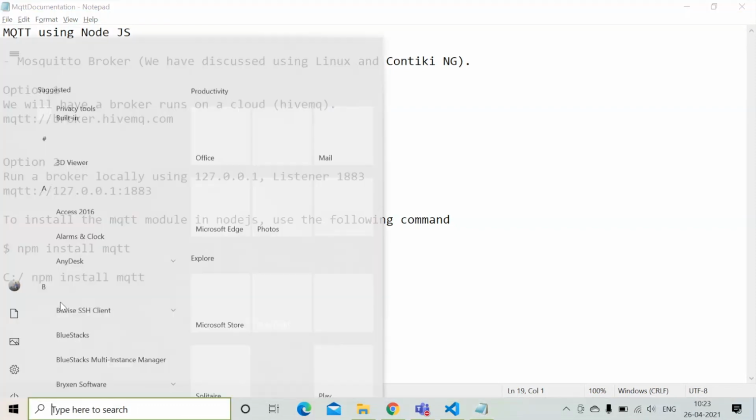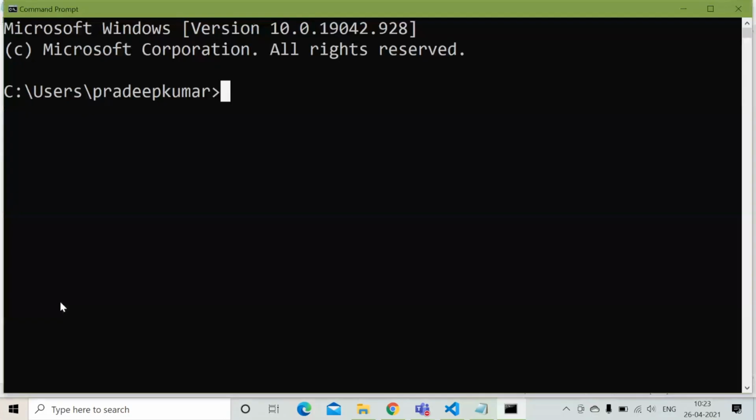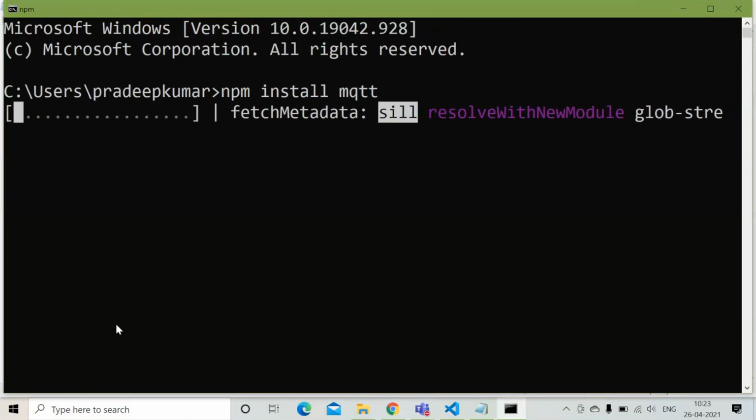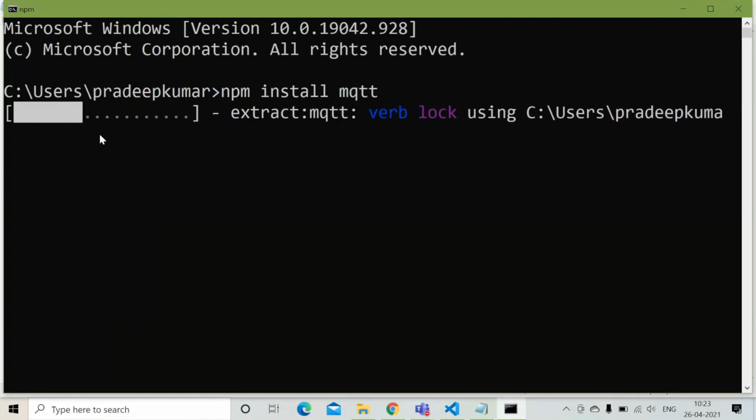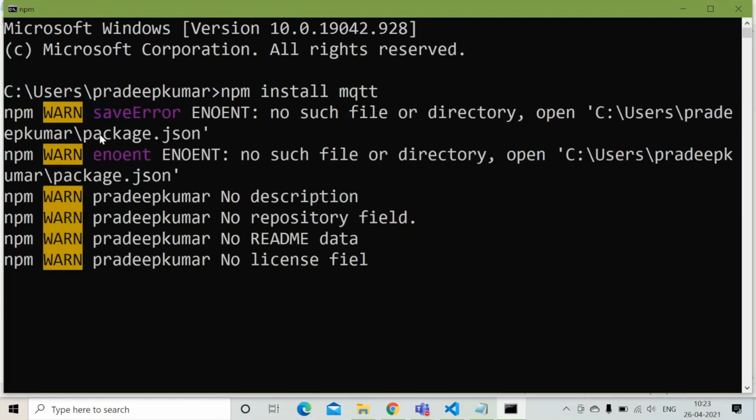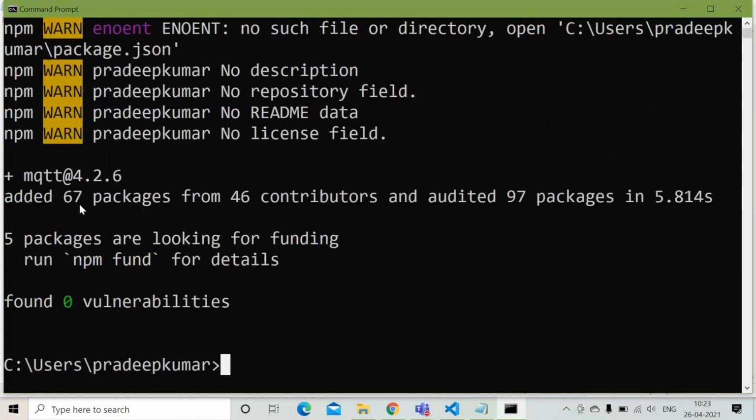I'll go with my command: npm install mqtt. This will be installing like this. Now it added 67 packages from 46 contributors and audited 97 packages in 5.8 seconds.